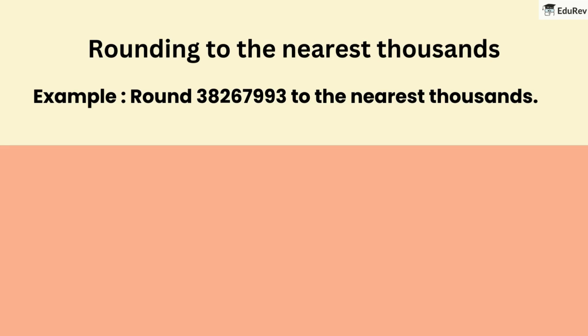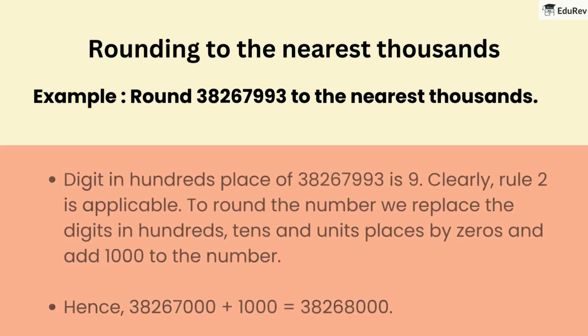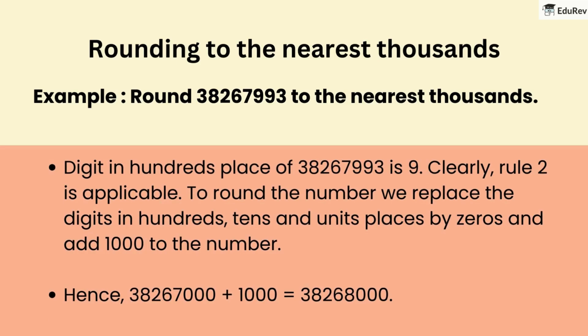Example. Round 382799 to the nearest thousands. Digit in hundreds place of 382799 is 9. Clearly, rule 2 is applicable. To round the number, we replace the digits in hundreds, tens and units places by zeros and add 1000 to the number. Hence, 382000 plus 1000 is equal to